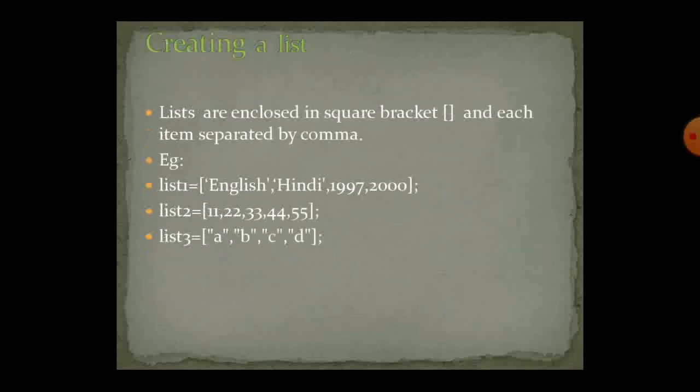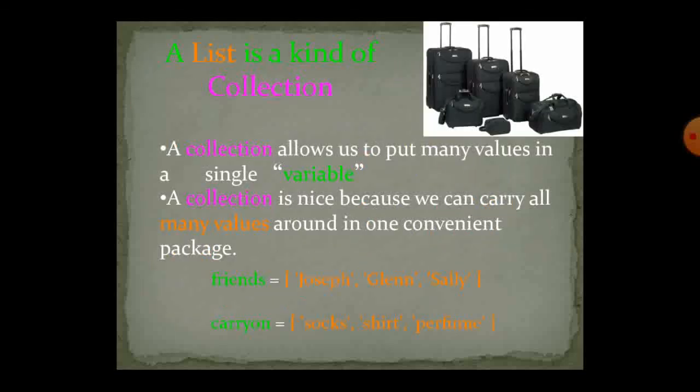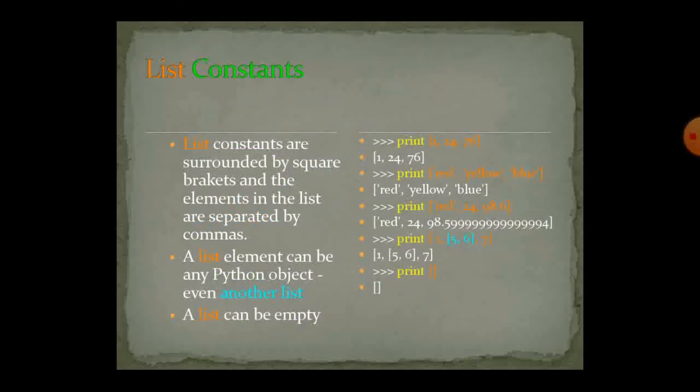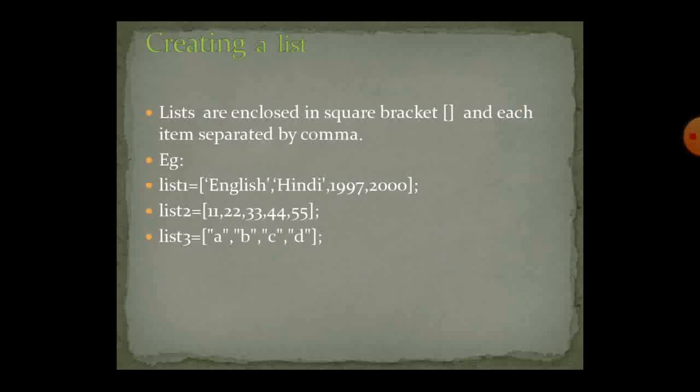List. What is the meaning of list? List is a collection of different kinds of values stored in a single variable. How will you access the list? By using the index value you can access the list. What is the difference between string and list? Strings are immutable, lists are mutable. How does the positive index value start? Positive index value starts from left to right. Negative index value starts from right to left.